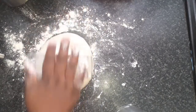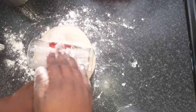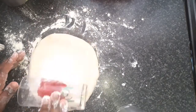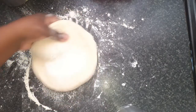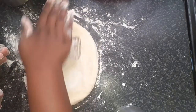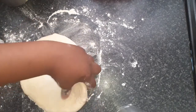So now I just floured the surface of my dough and I rolled it out. I don't have a roller, so I'm using a cloth. We improvise, guys. We improvise. So the method which I'm using is roll and turn, roll and turn. So I roll and turn, and I roll and turn until I get the thinness,